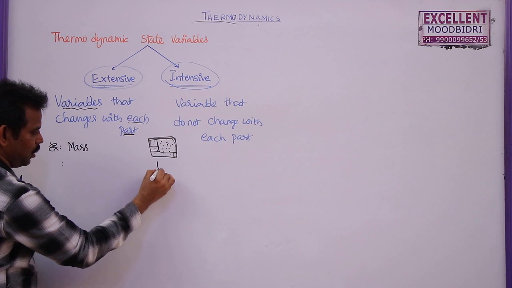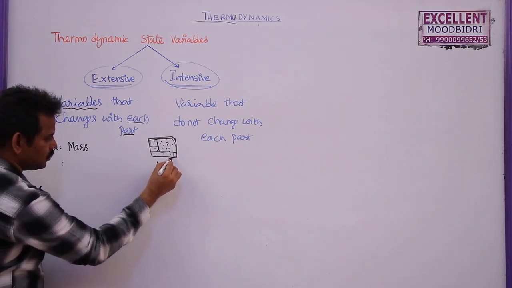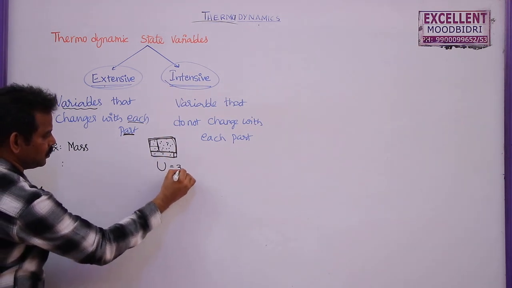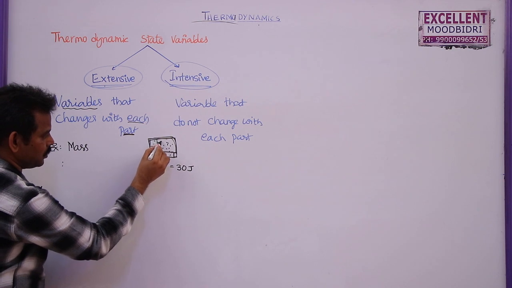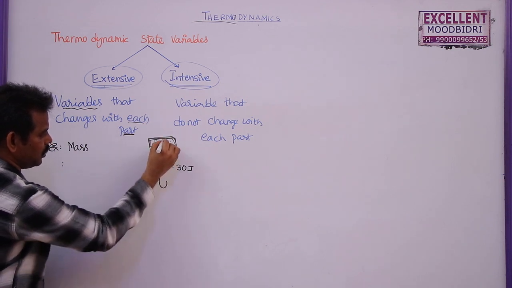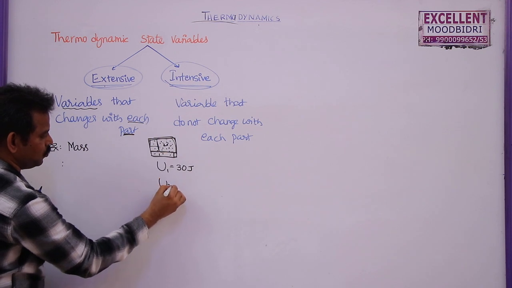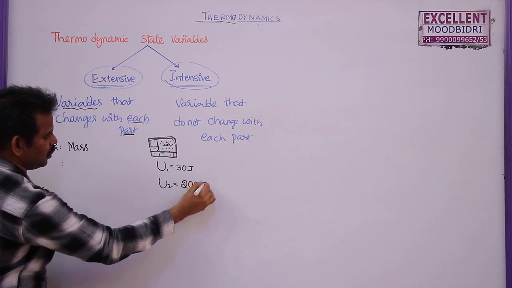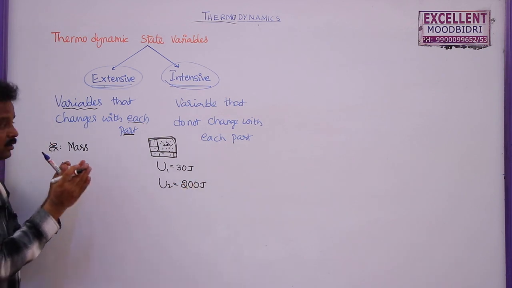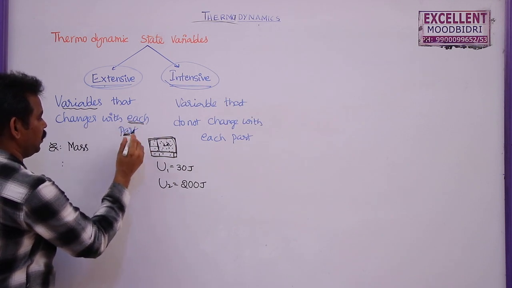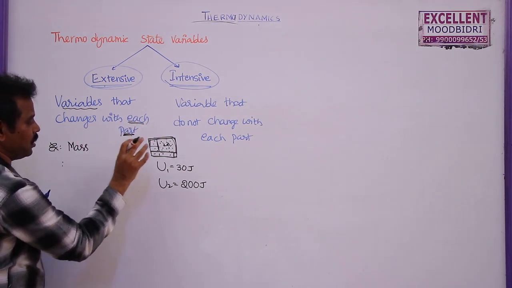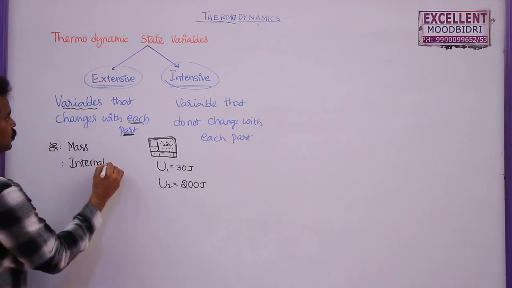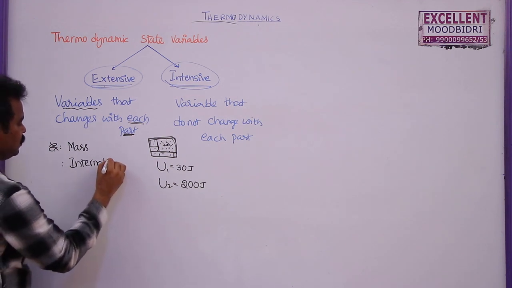Similarly, internal energy of this gas, if you take this much, so many molecules here, 3 molecules are there. Let us say internal energy of this system is 30 joules. Whereas if you take this one, here nearly 20 are there. So this is 1, this is 2. U2 is equal to, here 20, so this will be 200 joules. That means internal energy also depends upon the part of the system or the particles that are considered here. So internal energy is also one extensive thermodynamic variable.